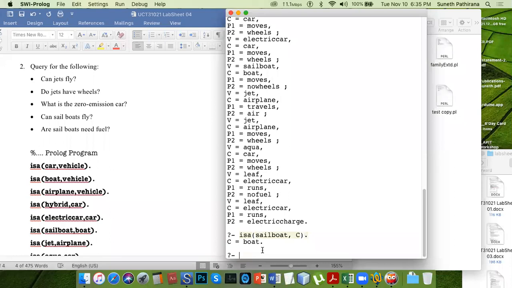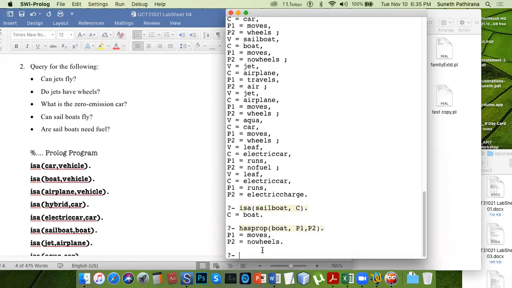Then you can find has prop, the properties of a typical boat, P1, P2. Boat moves on, but that has no wheels.